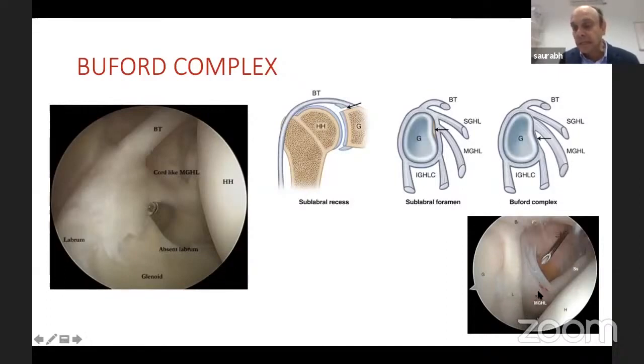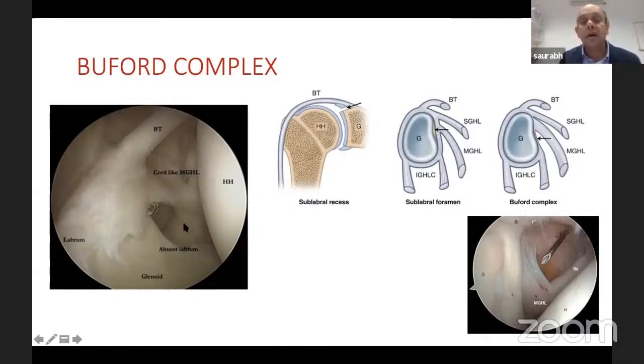That's the middle glenohumeral ligament, which is like a little curtain in front of subscap. Now, compare this picture to this picture. If this labrum was to be absent, the top sort of 30%, and this ligament was to become very thick, which is what this picture shows. So absent labrum, top 30%, and this middle glenohumeral ligament has become very thick, like a thick cord, as you can see here.